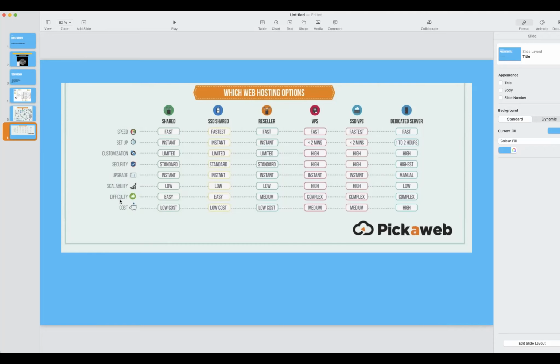Different combinations of the parameters of course come with different kinds of costs. And usually the most commonly chosen one is the shared one, where a lot of sites share the same services, and it doesn't need to allocate so many dedicated services to each of them. So that comes at a very low cost. Today I will introduce you to one of the simplest options, how to set up your web page on